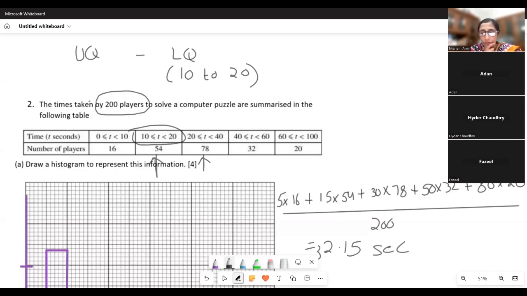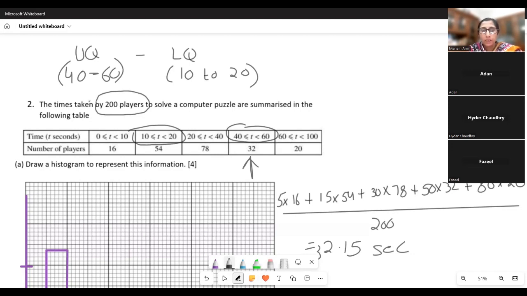So 150th player किधर होगा? 16 plus 54 plus 78 is 148. So यहाँ पे होगा the 150th player. So this is going to be the upper quartile. So upper quartile is some value between 40 to 60. पूरी range आ रही है हमारे पास, एक fixed upper quartile नहीं है, एक fixed lower quartile नहीं है, क्योंकि ग्रुप डेटा।